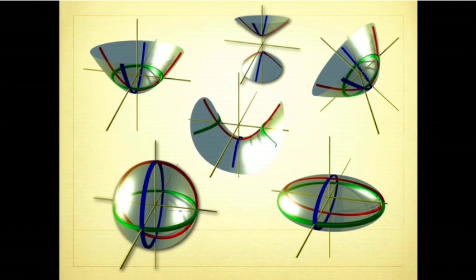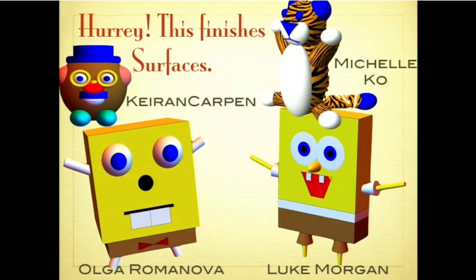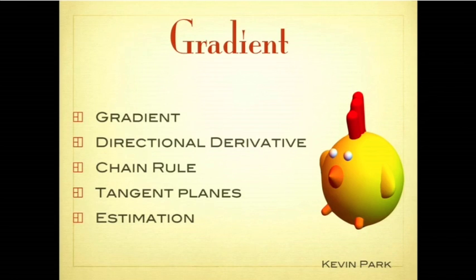So this helps to figure out how they are located, and so these traces are actually drawn here with different colors. And so this has already finished the surfaces. So we already progressed with that, and actually we are just right in time. So let's continue with the gradient.